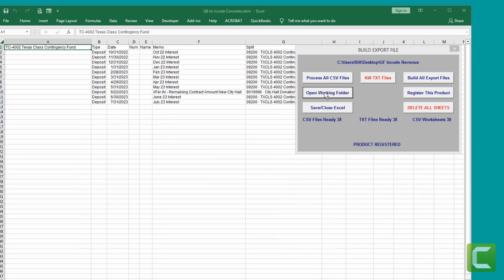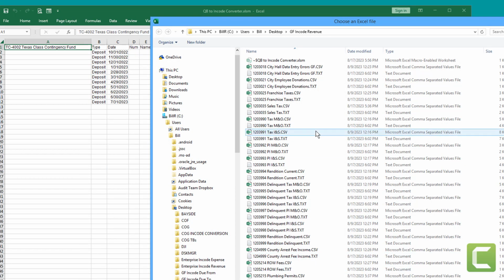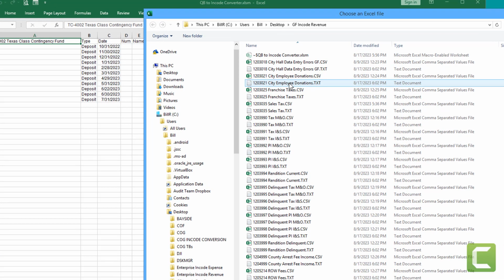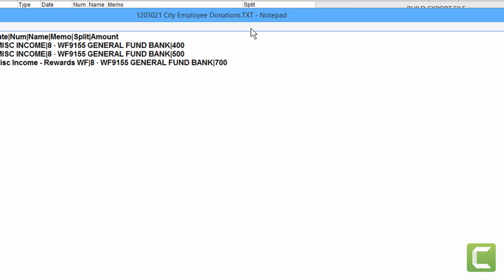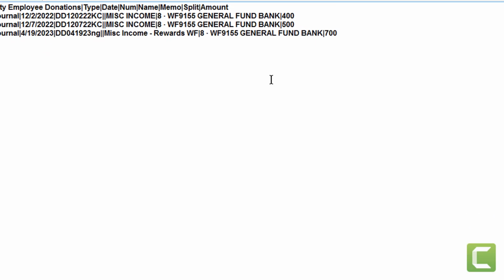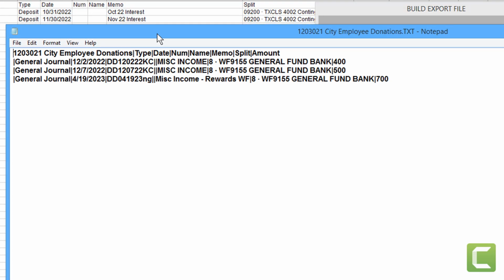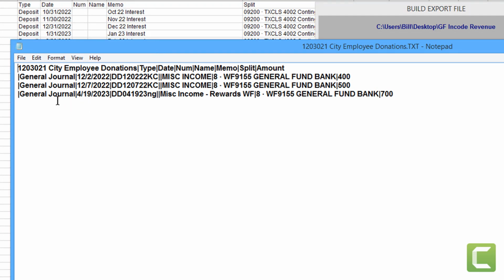Let's go back to the working folder and let's take a look at one of these TXT files. So this is what gets imported. Let's see if I can get this in the screen where you guys can see it. So up here is the account number and the account description. We have the type field, date field, number field, name field, and like I say, most of the time our auto JEs don't have names.